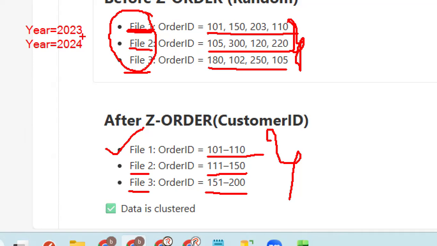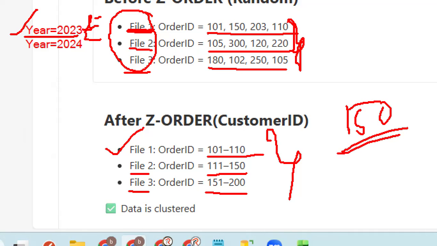Okay, so something like this, you have partitions, right? Inside the year, you will have multiple files: file 1, file 2, file 3, file 4, something like that. Now, if I wanted to read a specific customer, then it has to read the entire data, because 2023 has customer ID 150. Customer ID 150 is available in the partition year 2023, so it has to read this entire partition.